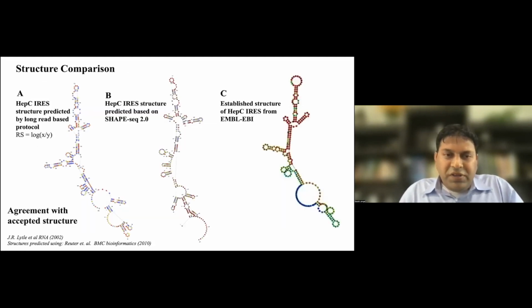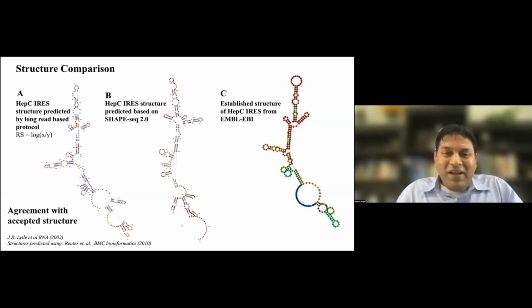And you can see from here, when these reactivity scores are used as input for RNAstructure, the leftmost is the inferred structure from the long read data. The rightmost is a structure available from EBI. The middle is the reported structure using short read data from Julius Lux and other colleagues using this RNA molecule. So we compared the structure for end-to-end, and we--